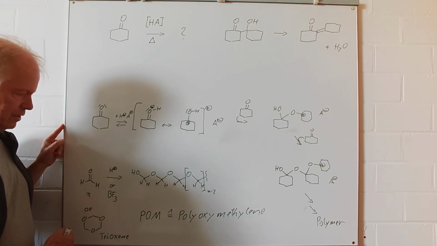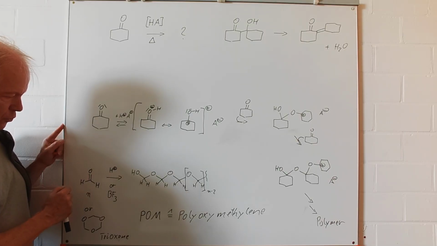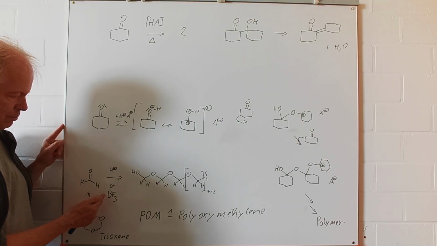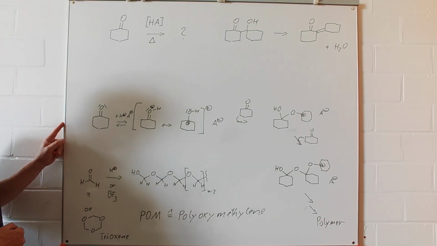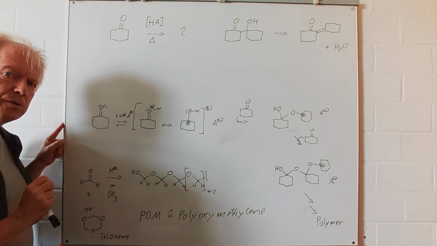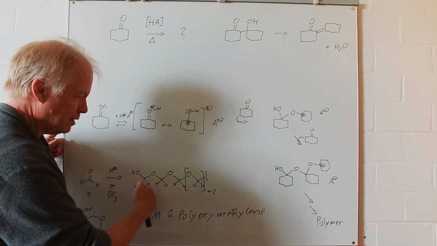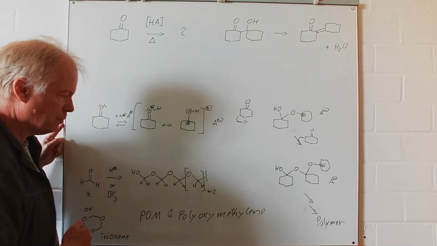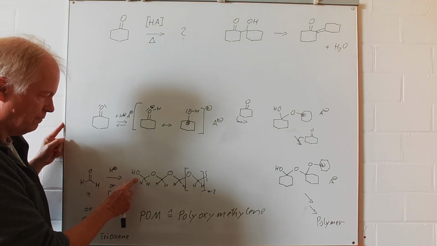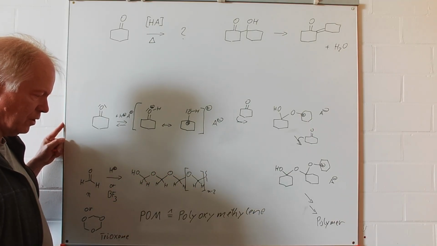If you treat it with a little bit of a proton source, or even better, a Lewis acid like BF3 etherate, then one of the fastest polymerizations we know will happen, and this is how the polymer looks as a structure. We have an oxygen, CH2 group, oxygen, methylene, and so on. This is POM,